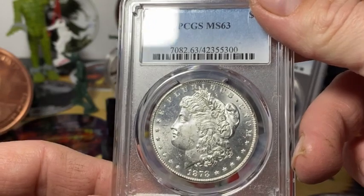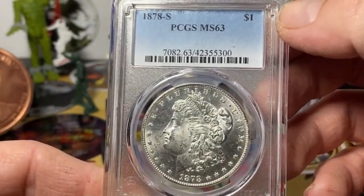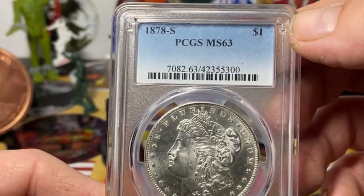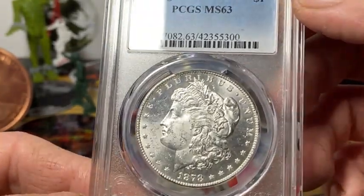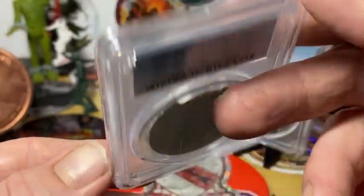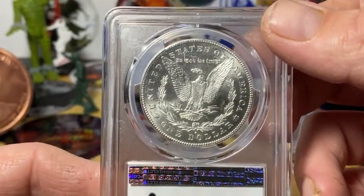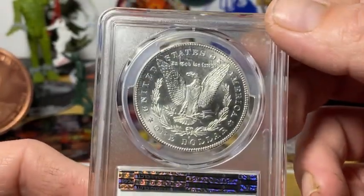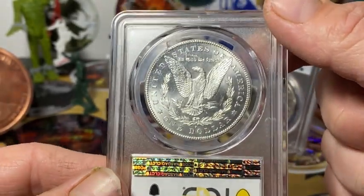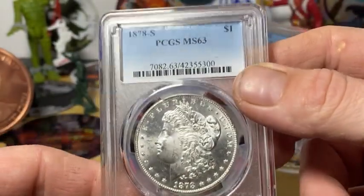And they were only 40% silver, up until a certain year. As you can see here, this is an 1878 PCGS MS63 Morgan dollar, the first year. And me being a Morgan collector as well, as obviously a stacker, I find this year one of the toughest years to get, because there's so many different varieties of the 1878